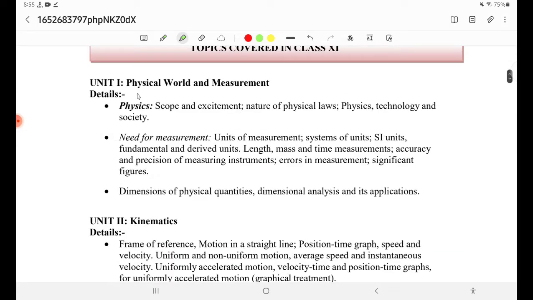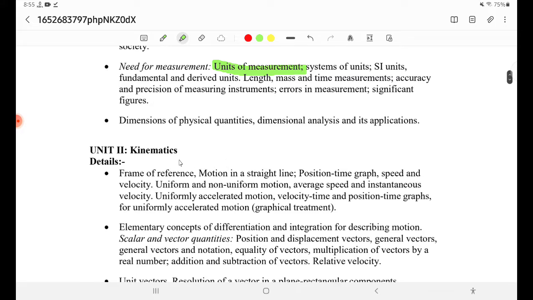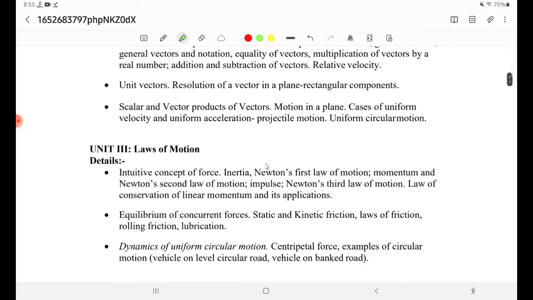The first chapter of the syllabus is the physical world and measurement. It is the first chapter of your class 11th NCERT, and under this chapter you have to cover units and measurement and many other topics. The second subject is kinematics. It is the study of motion, and the third chapter is